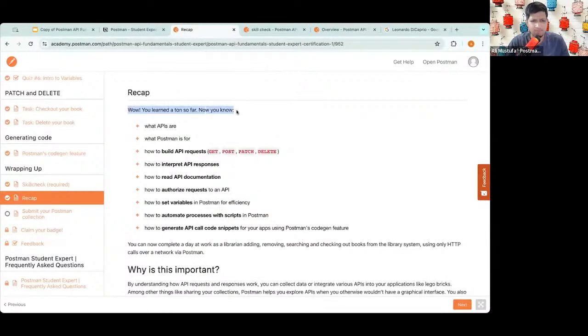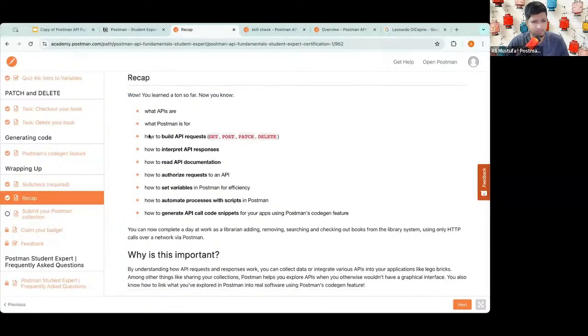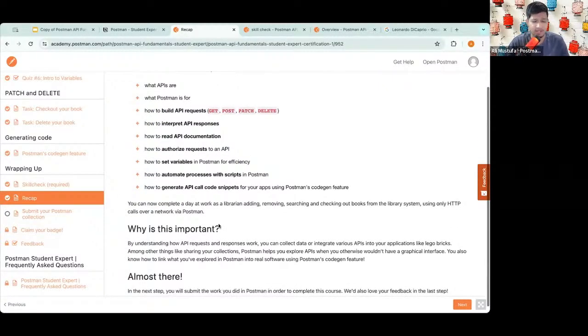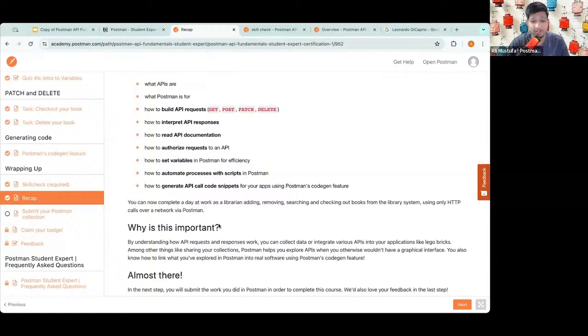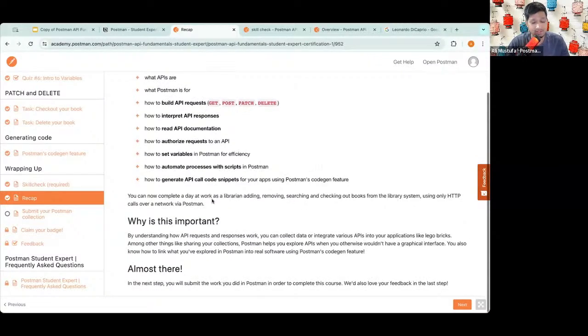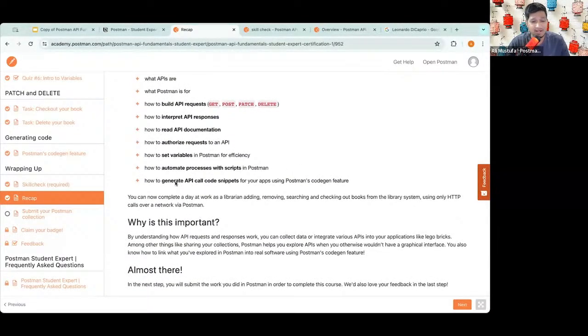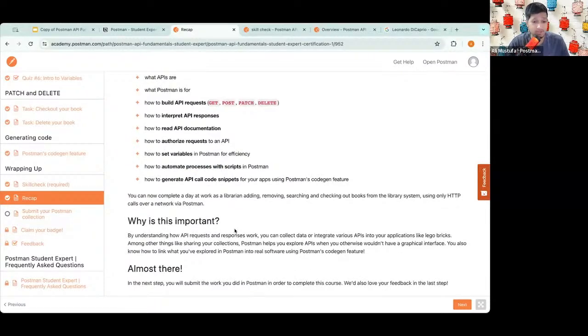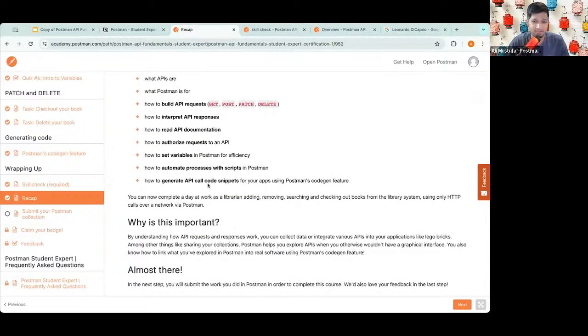Okay. So recap, we did all of that. Obviously, we did authorization, we read the documentation. You did not read it, but I do it. Go ahead and read it. Okay. And we automated the process. We also used chatbot and Postbot and ran a very simple query to help us with the final step.